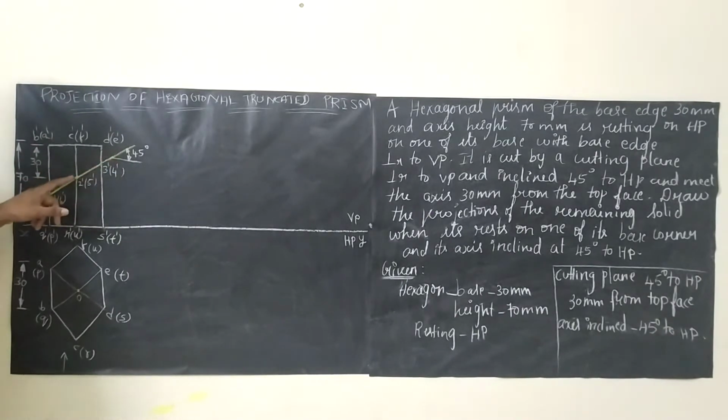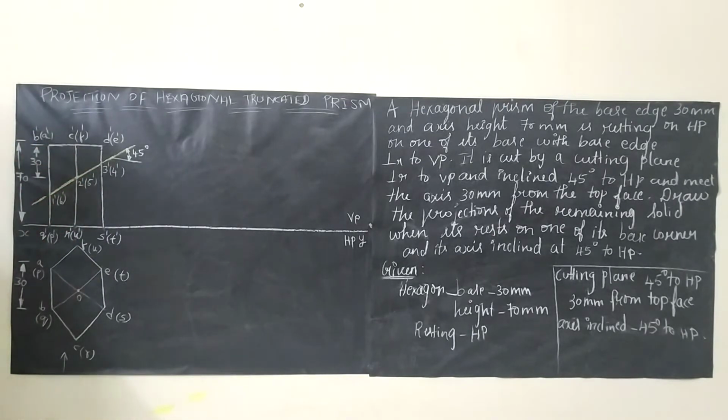So the angle, see here, we have to draw a horizontal line and we have to dimension here. Since the space is very less, I haven't dimensioned here. So I have just dimensioned 45 degree here. So keep your projector, take an angle of 45 degree horizontally. We can either draw the cutting plane this way or this way. Anything is okay.